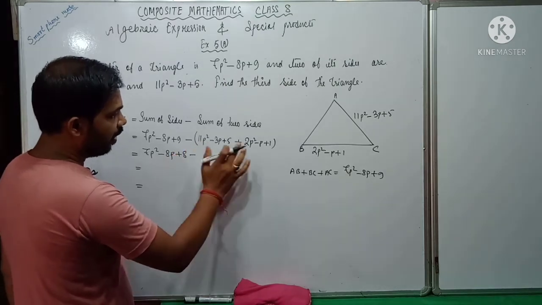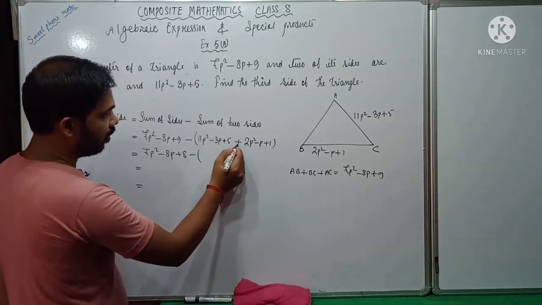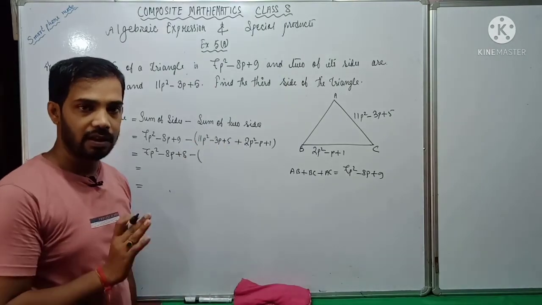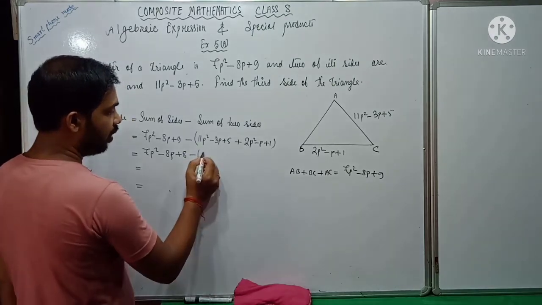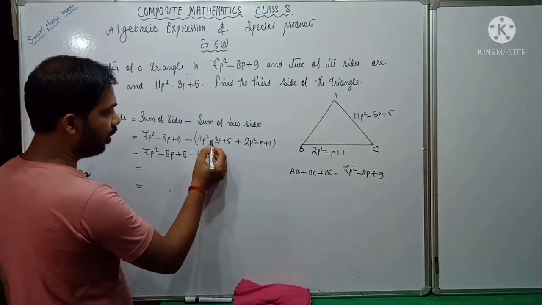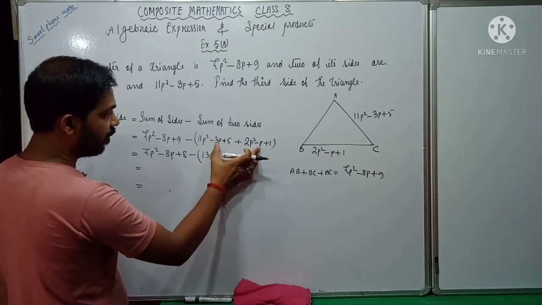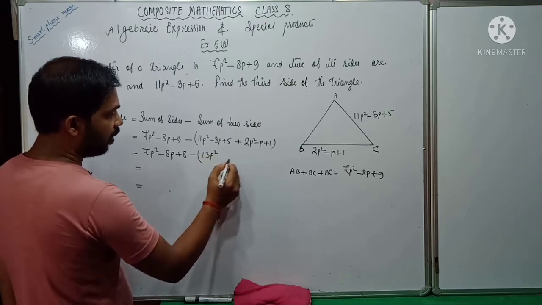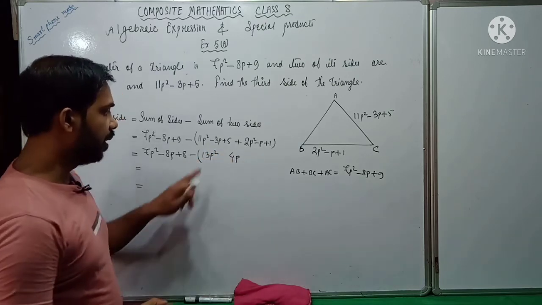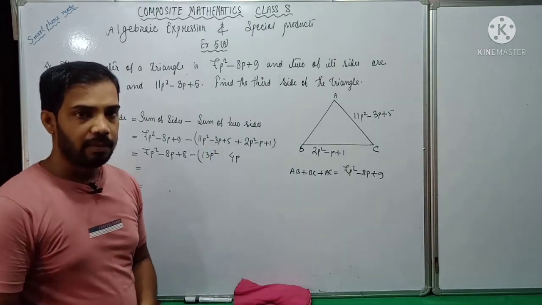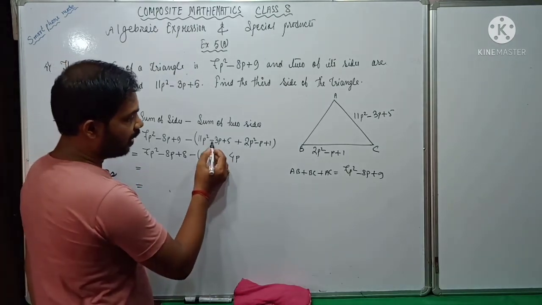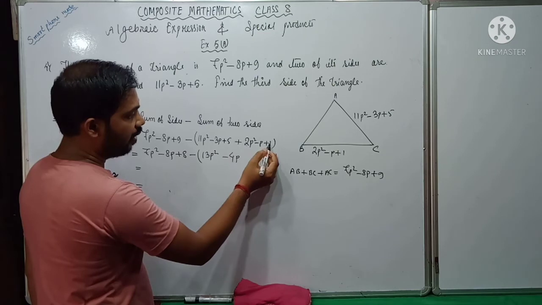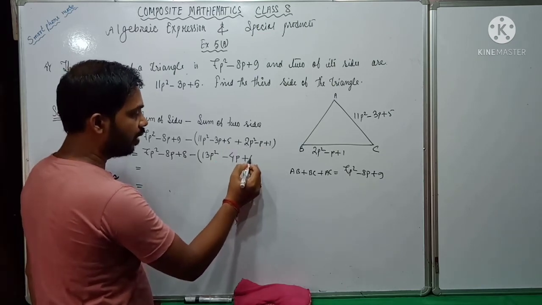Here 11p square, here 2p square, then it will be 11 plus 2, here plus sign, here also plus sign, plus and plus, same sign, so it will be added. So 11 plus 2 is 13p square. Now here minus, here minus, see p is the same term, the minus signs are same, so it will be added. So here 3p, here p, so it will be 4p. Always remember, same sign then you have to add, and different signs you have to subtract. I will put the sign with the bigger number, so it will be minus 4p, and here 5 and here 1, both have the same sign, so it will be added, so it is plus 6.